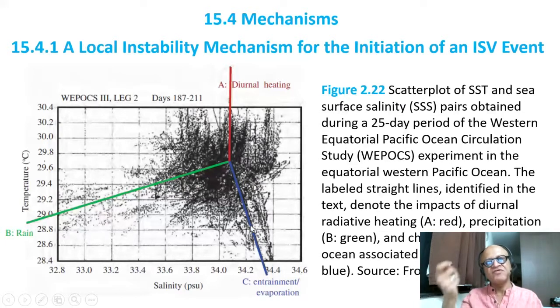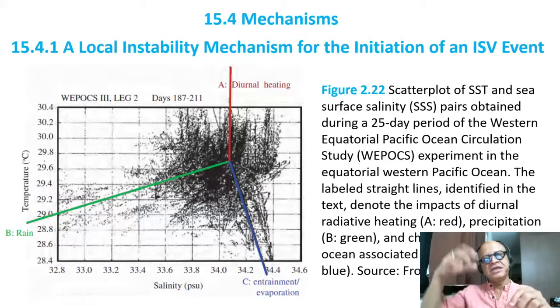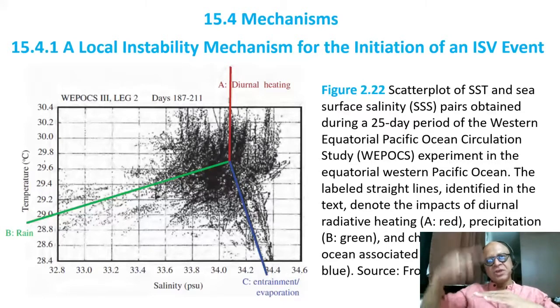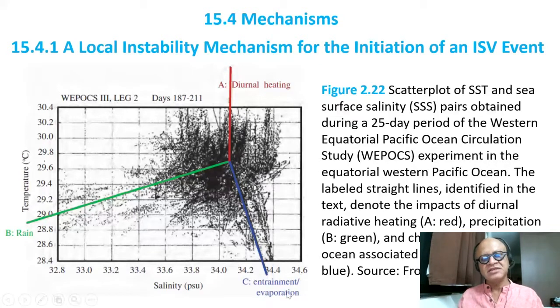So entrainment, if you remember, is when the turbulent kinetic energy at the surface is trying to deepen the mixed layer, which is the turbulent well mixed layer, which means it will then entrain waters from below, so that takes energy. And evaporation can cool the surface and create these convective plumes, which can also create entrainment and deepening of